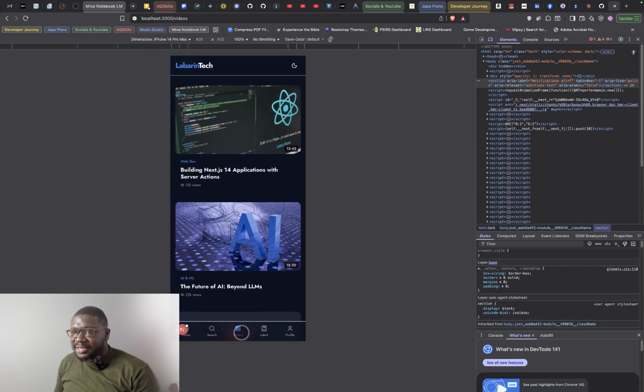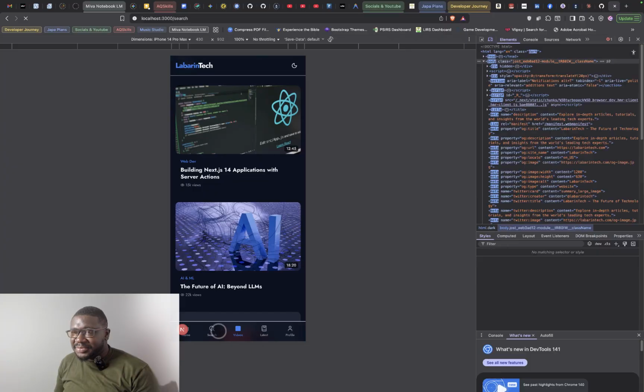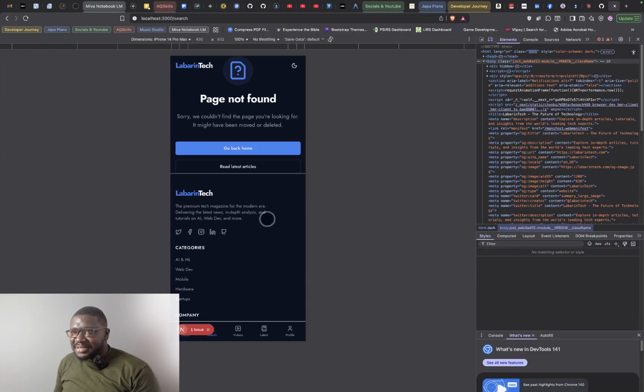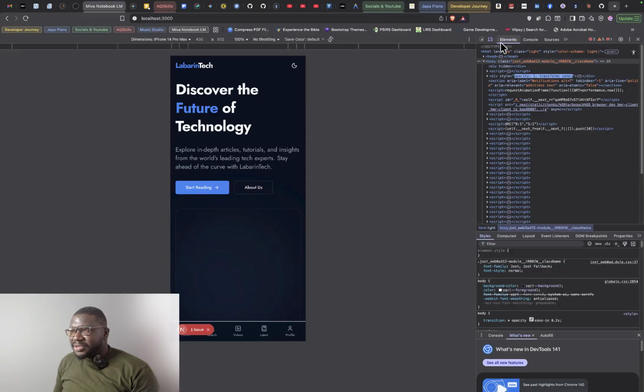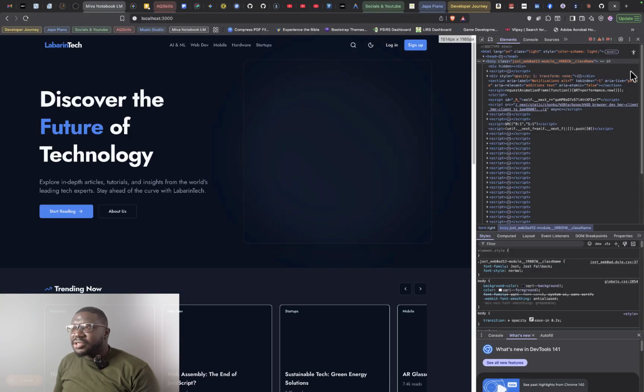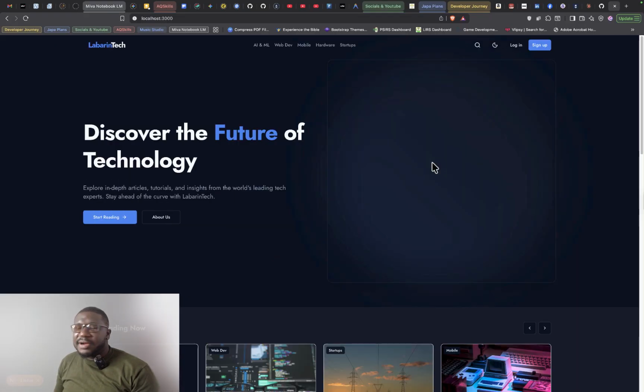Then you have the latest. I feel like there's something on this latest page, same as the search page. Okay, yeah. This is a 404 page I created. Page not found. Same thing with this. There's an error, of course, with the night mode thingy as well. So the pages are actually cool, and I think with the right direction, you can actually build something crazy